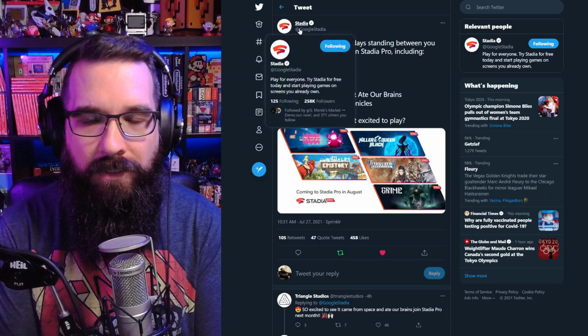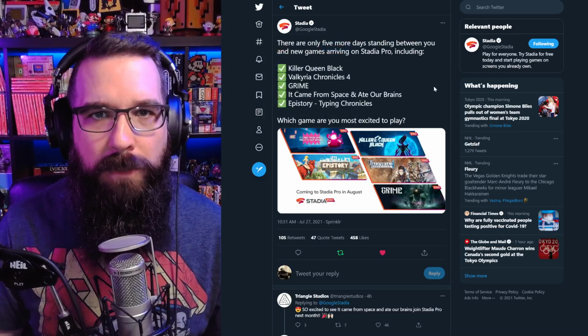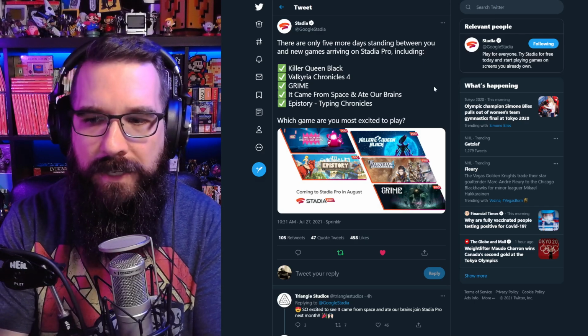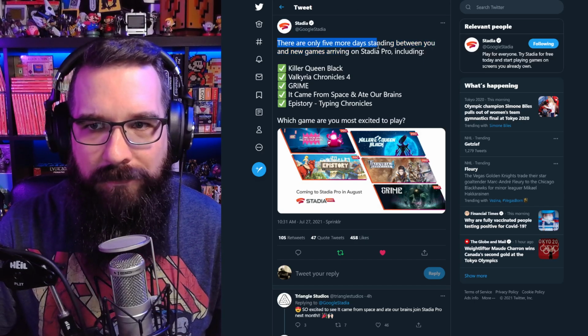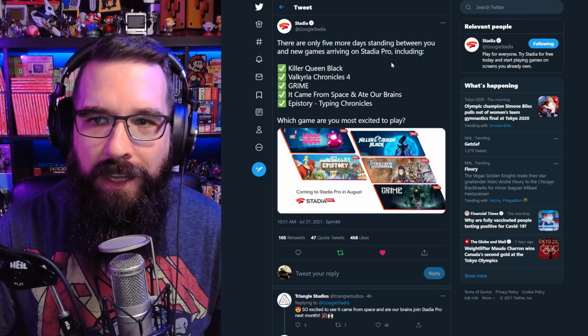So what do you guys think of our Pro games for the month of August? Killer Queen Black, Valkyria Chronicles 4, Grime, It Came From Space and Ate Our Brains, and Epistory. But the sentence is there's only 5 more days standing between you and the new games arriving on Stadia Pro, including...